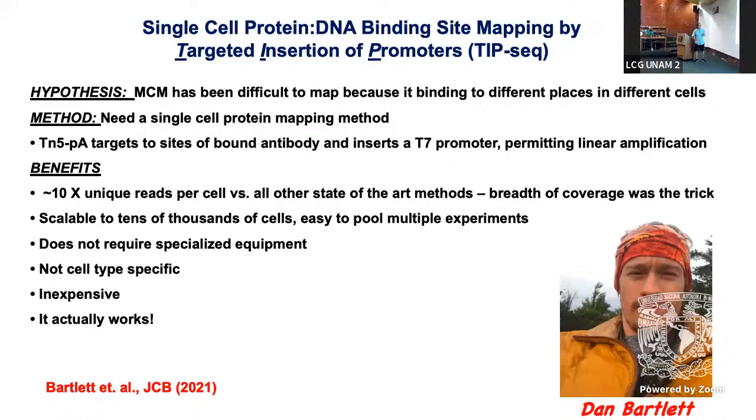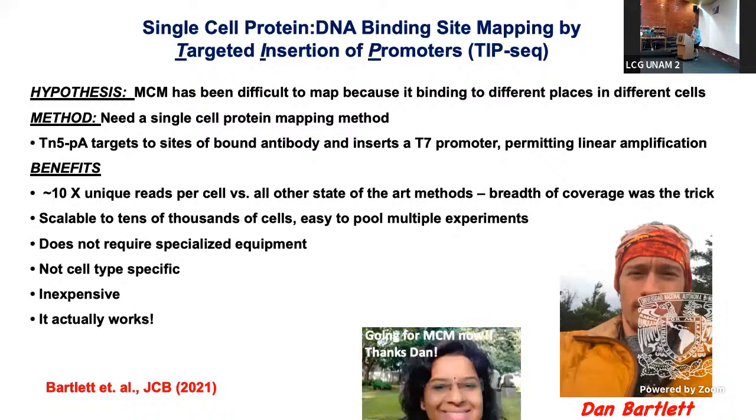Reading that barcode. So we get literally 10 times more unique reads per cell than any of the methods published before or after. And that has allowed us to get into single cells, because previously single cell data, as I said, was sparse, meaning you only get a bit of the genome and you're missing other big parts of the genome. So in this case, single cells look almost like bulk in their readout.